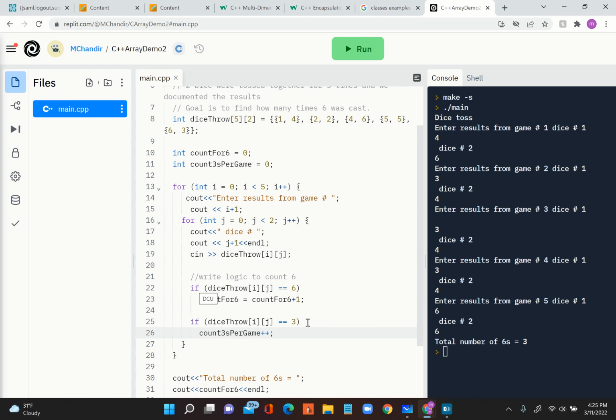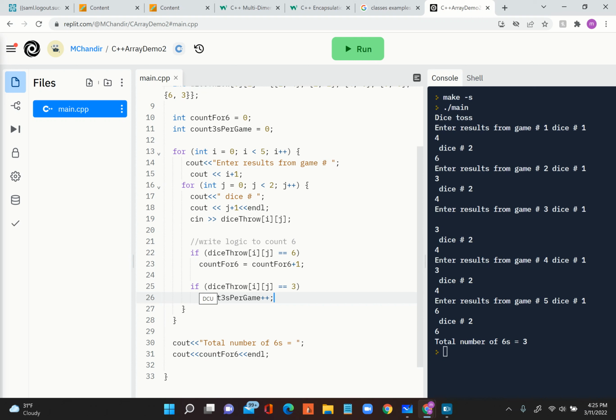Counts per game means 2 dice are tossed. We know the result. The next game I go, this count should be clean, which means I have to display it every row. I have to clean it up every row. Okay. So you can do this, but outside in the first loop, you have to say Cout total 3s this game equal to